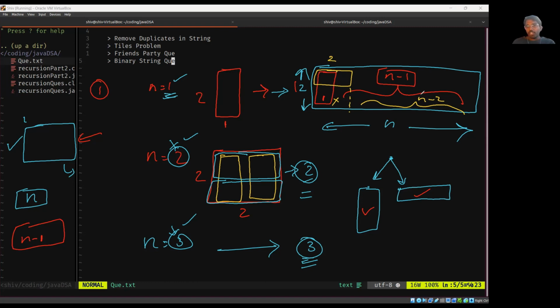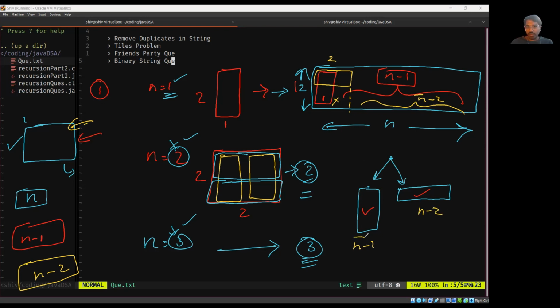So now the function should calculate for n minus 2: how many ways tiles can be placed. I already know that there is one function which can do that. So I'm going to call this function with n minus 2, and find out how many ways n minus 2 tiles can fit. Clear? Okay. So once I found out for n minus 1 and for n minus 2,